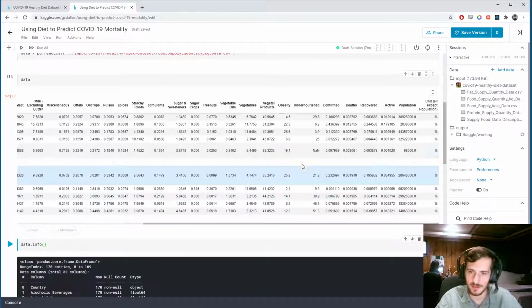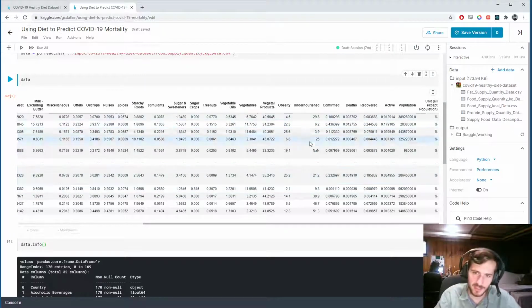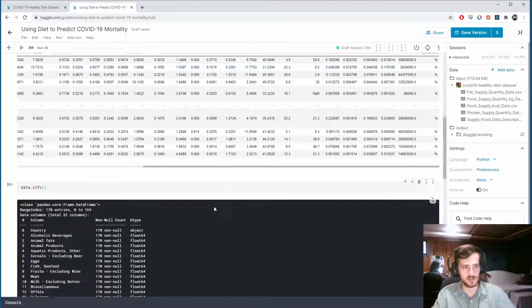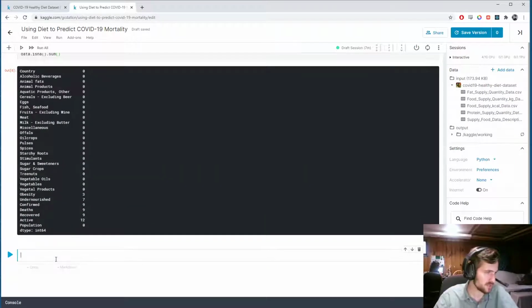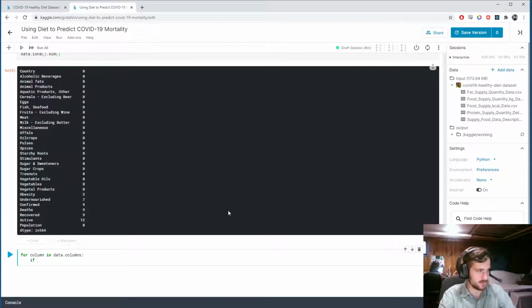Now if we look up here, it looks like it's numerical data, right? But these are actually strings, and there must be something in here that is not a number. So we'll come back to it, but first I'm going to fill in the missing values for all of the other columns. So for column in data.columns, so for each column, if data.dtypes[column] is not equal to object, so if we're dealing with a numerical column,